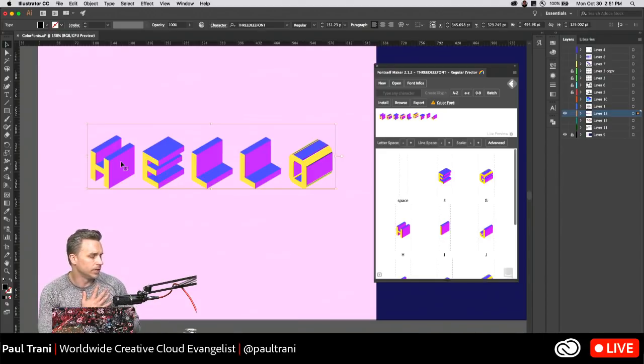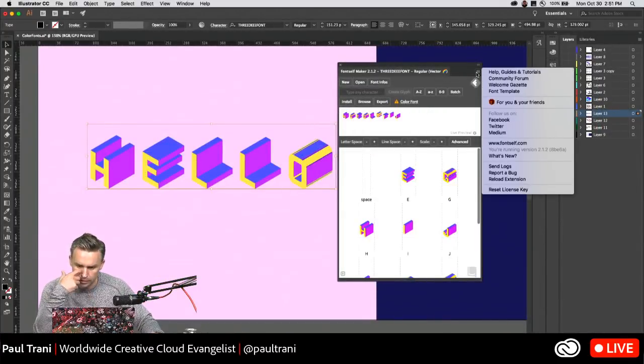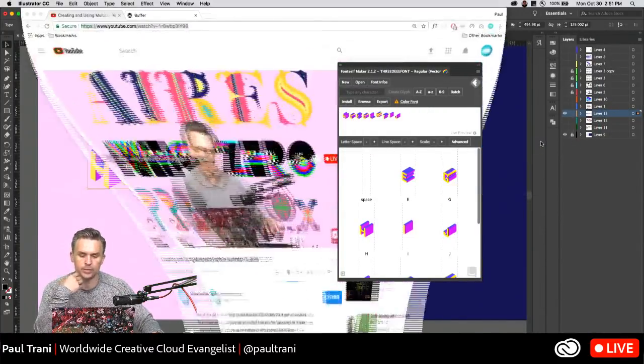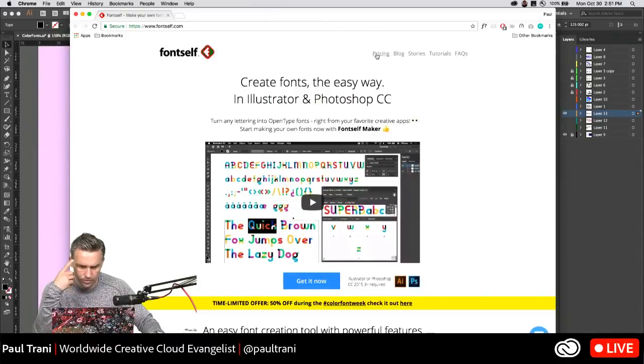Yes, so Felicia, FontSelf Maker is not an Adobe property, if you will, but it is available. In fact, we can jump out to fontself.com and take a look at it. I'm not sure how much it actually goes for. So,